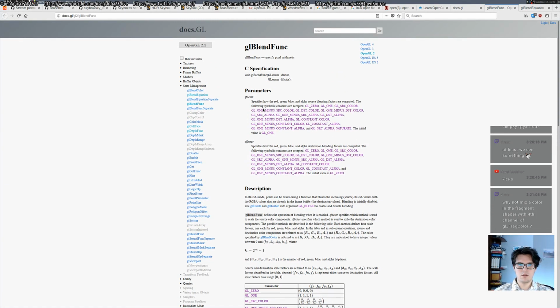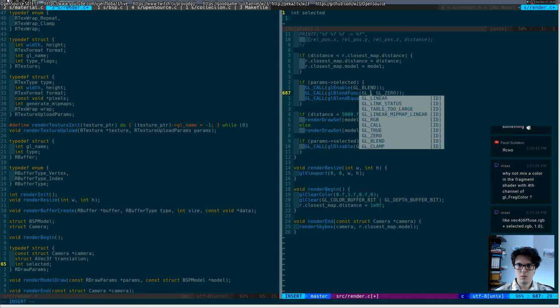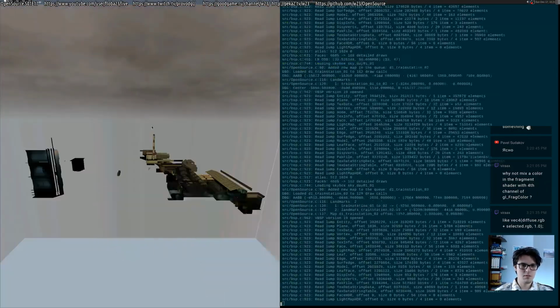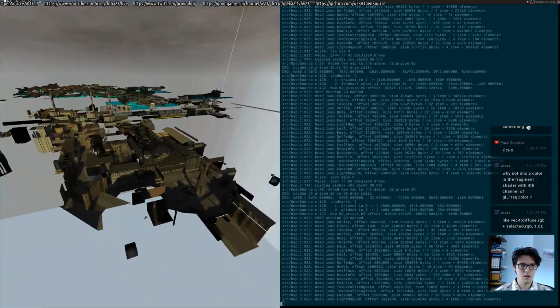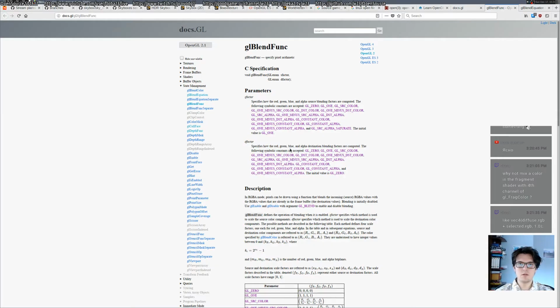Source factor. Okay, let's try this. 0, 1. How will this look? Nothing, because it's just the same color. What if I do